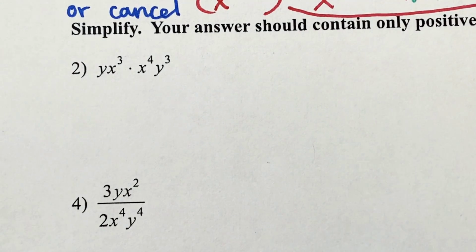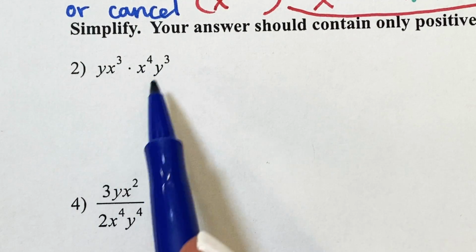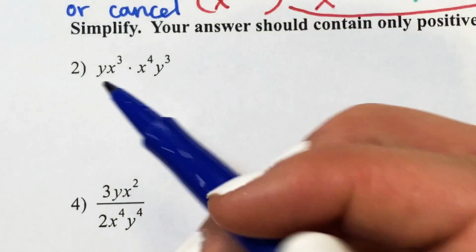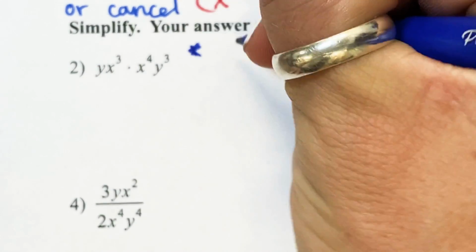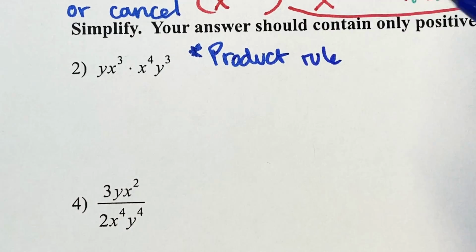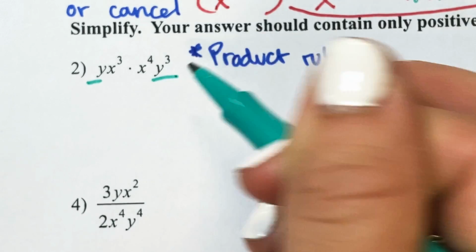So number 2, first let's identify the rule, okay? And here's the thing about exponent rules. You will have to use multiple exponent rules, but what exponent rule do you see right off the bat? What's happening? Are they being multiplied, divided? Do you see any zeros? Okay, so they're being multiplied. That means we're going to have to use our product rule. Product rule means we are adding the exponents. But we can only add exponents with the same base,